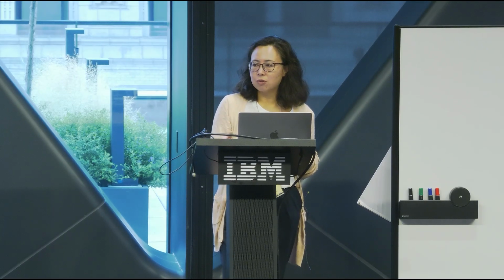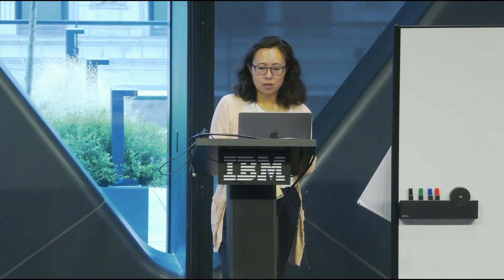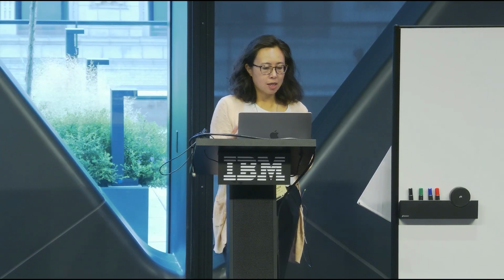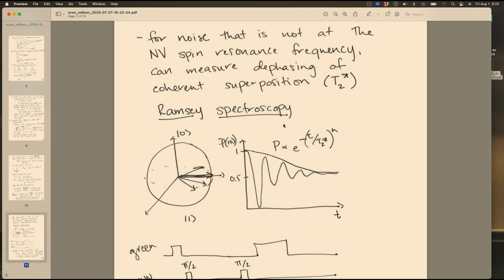So we can only use this to study anything that's sitting at around 3 gigahertz. If we want to study anything else, then what we can do is things like Ramsey spectroscopy. So what I'm now going to do instead is take my qubit, place it on the equator of the Bloch sphere, wait some time and let it accumulate phase, and then map the phase onto a population. So I do a pi/2 pulse, wait, and then do another pi/2 pulse, and then do my